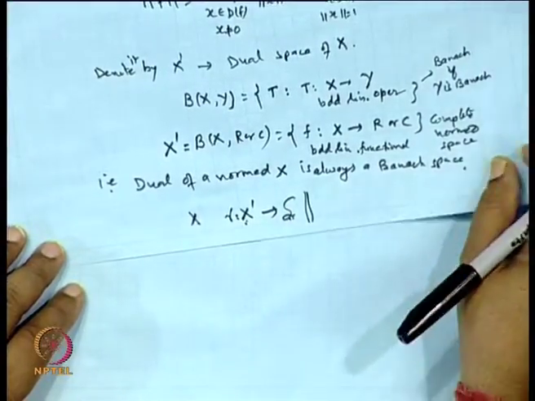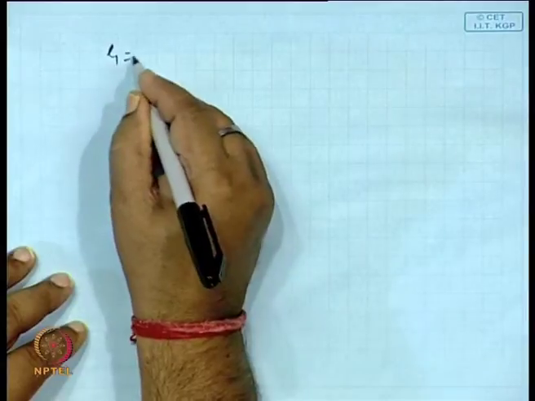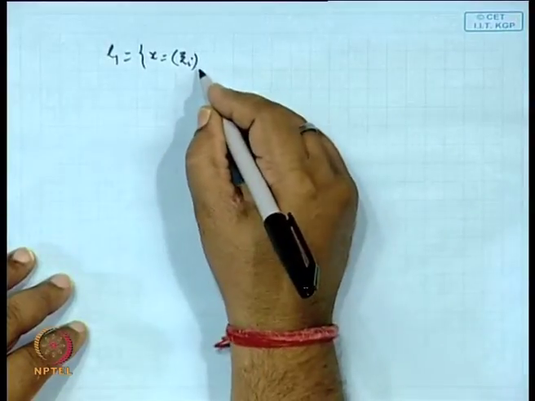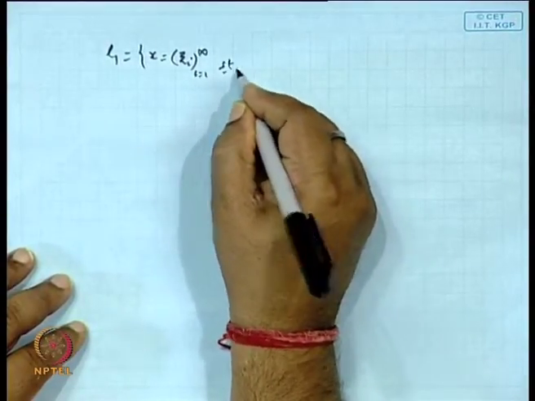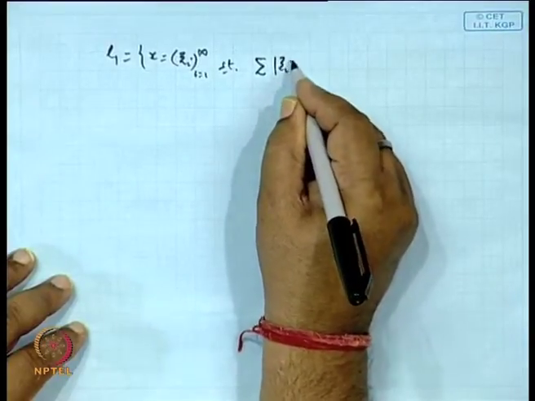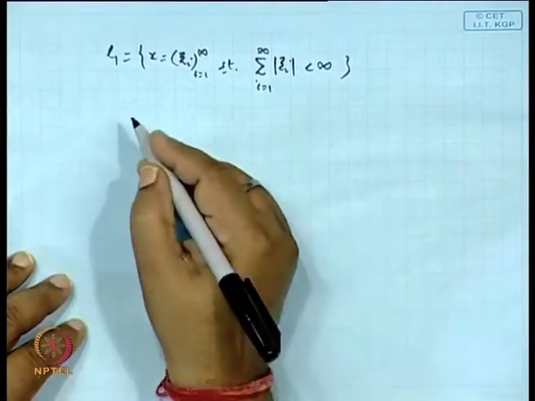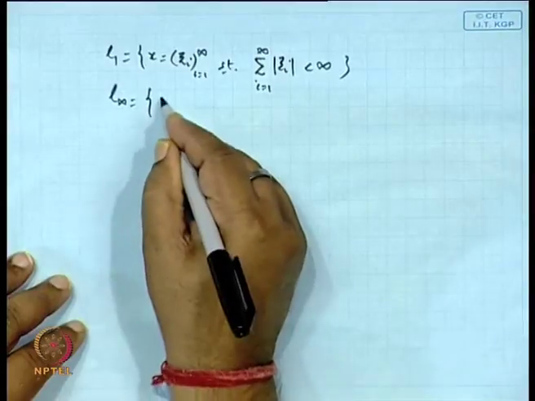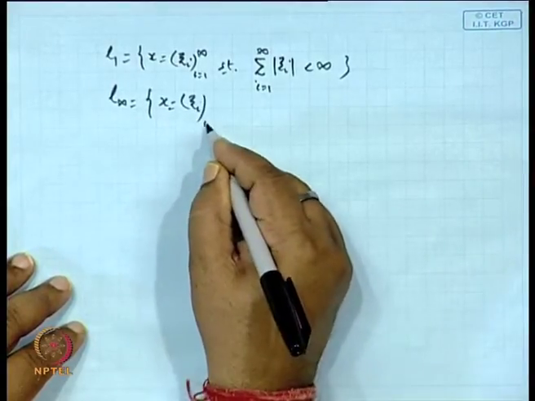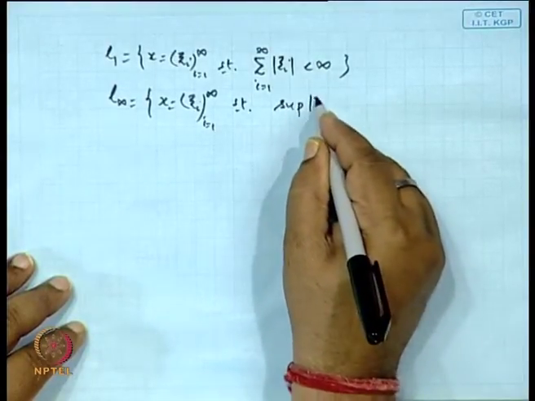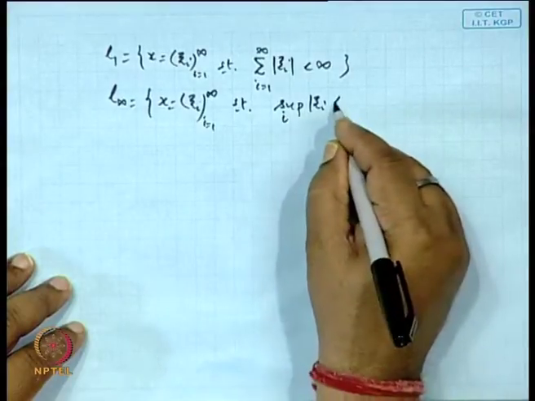So what is l1 and l2, and so on? l1 is the space of those infinite sequences x = (xi) such that the sum of |xi|, i from 1 to infinity, is finite. This is the l1 space. The l infinity space is the set of those infinite sequences (xi) such that the supremum of |xi| over i is finite,